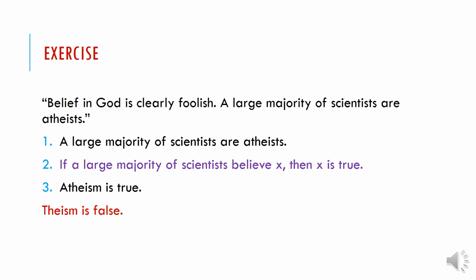We can look at premise 2 and suggest that the mistake in believing this premise to be true lies in the fact that why we think theism is false is because that's what scientists believe, or that atheism is true because that's what scientists believe. So here we're suggesting that theism is false because that's what other people believe. When remember, it's not what other people believe that makes something true, it is facts about the world that make something true. So here, the fallacy that is being committed is the appeal to authority,